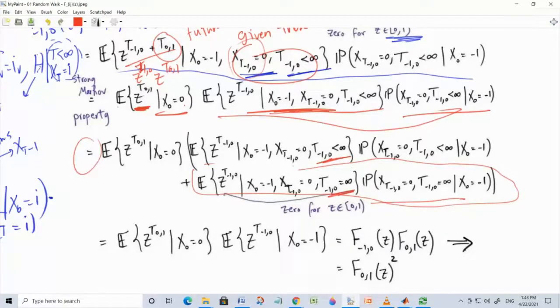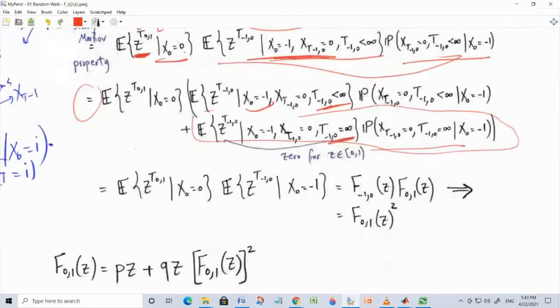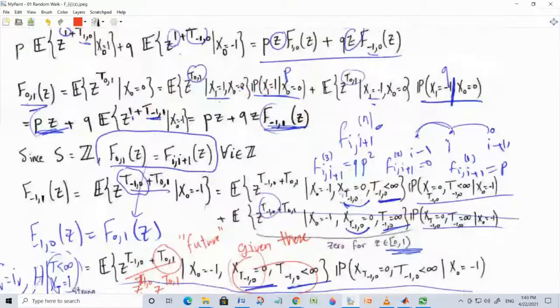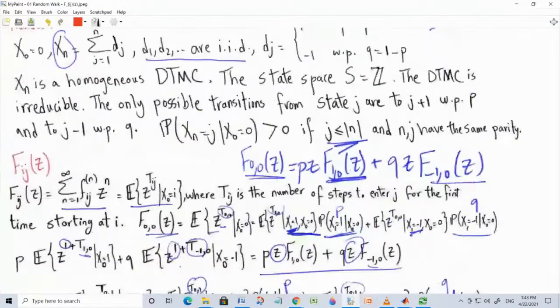And the idea here is that now we can remove the conditioning and just keep the conditioning on X(0) equal to 1. So it's the first step in reverse. But we needed the first step to use the strong Markov property and do the split. And so now we have these two expectations: one of them is f(-1,0), and the second one is f(0,1). And now, by the claim that I made before,